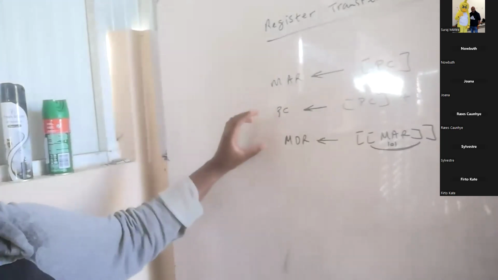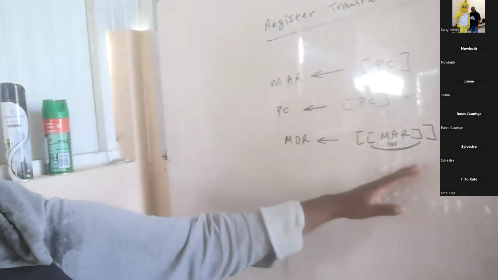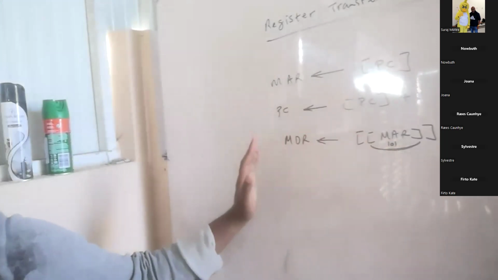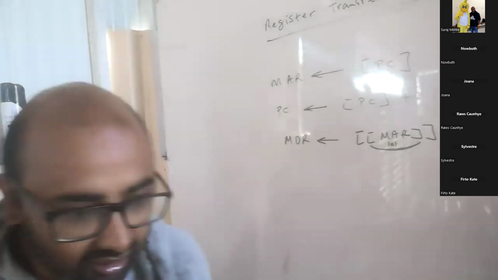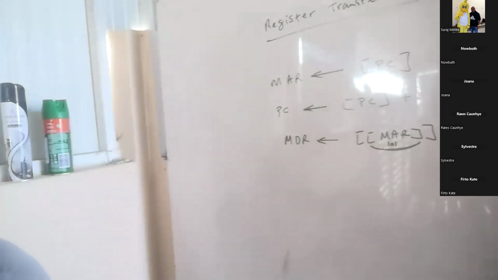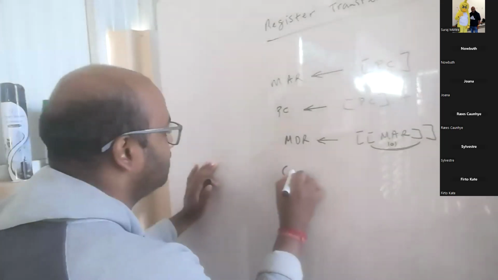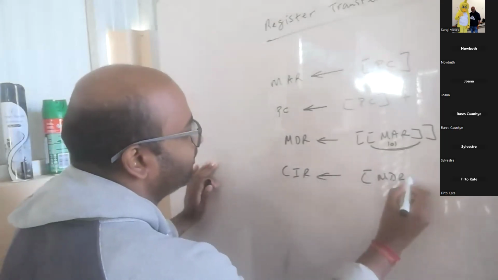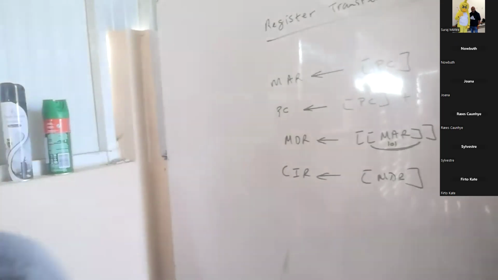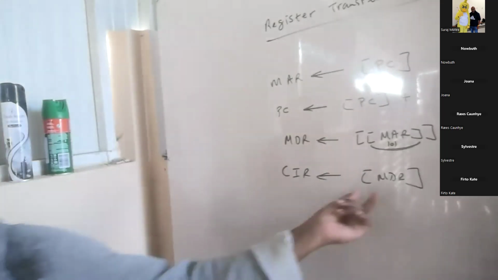The PC gets incremented by one. Data from memory is transferred to MDR. Scenarios and sixes will happen. Okay? Means that whatever is turned out in MDR,